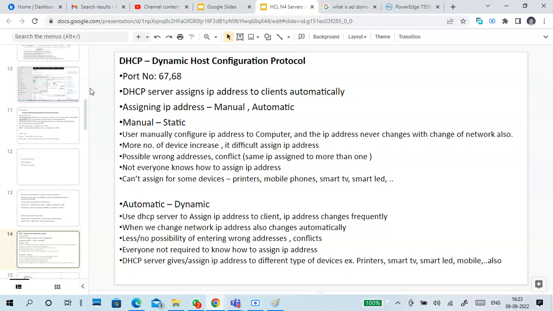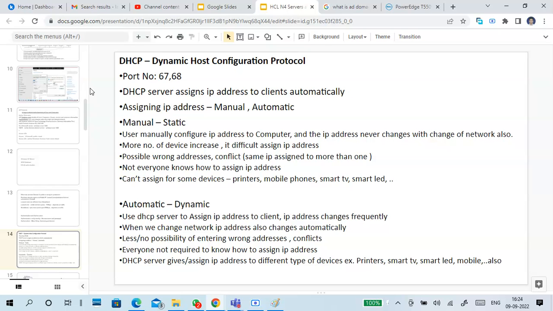What is automatic? Automatic means the dynamic way. So the DHCP server will assign IP addresses to the clients automatically. Whenever you take your PC and connect to a network, and in that network there is a DHCP server, that DHCP server will give you an IP address.